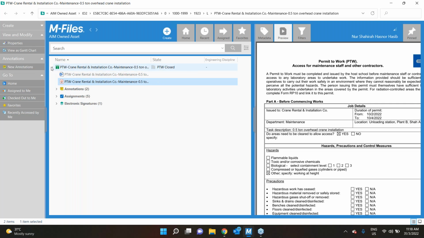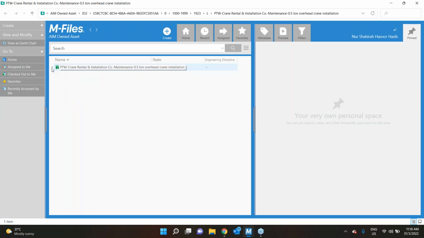Before I talk further on Mfile, let me just introduce you a bit on Mfiles. Mfiles is an intelligent information management platform that helps companies make smart connections across the business and automate critical business processes, while at the same time keeping all the information secured and controlled.